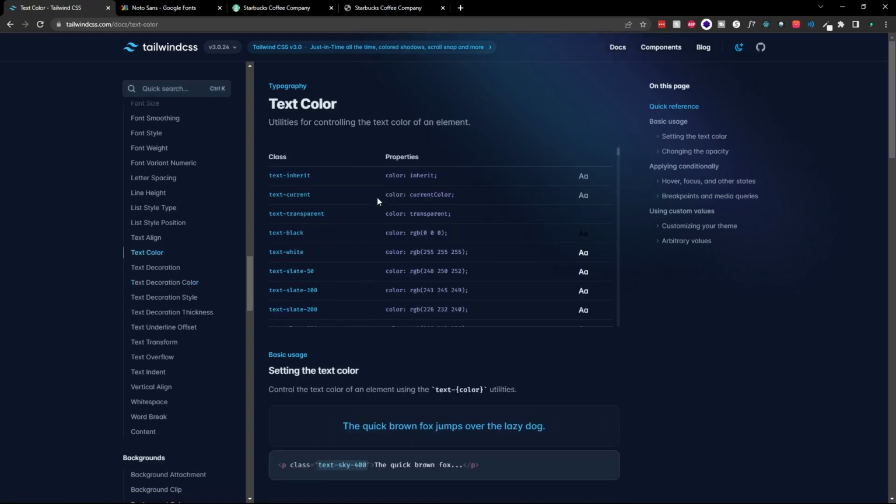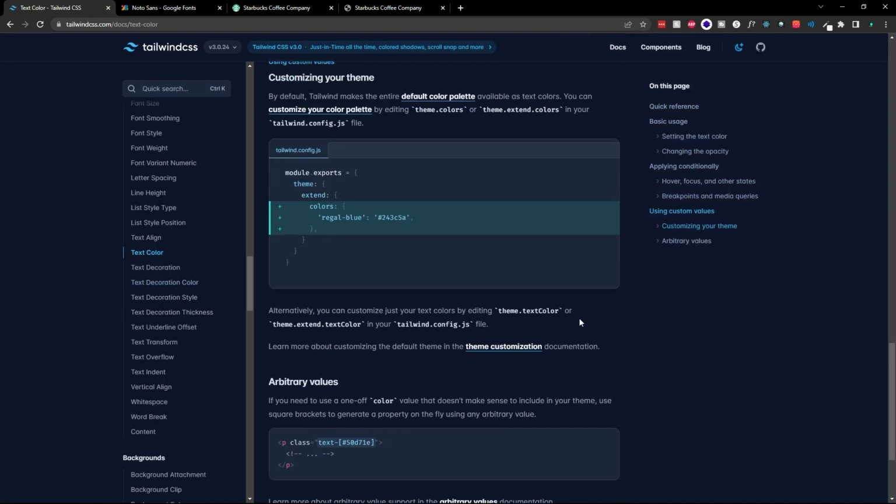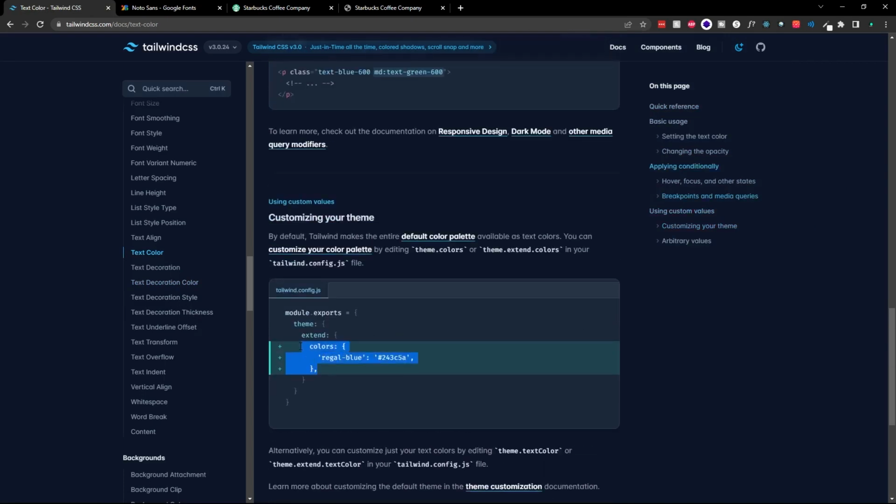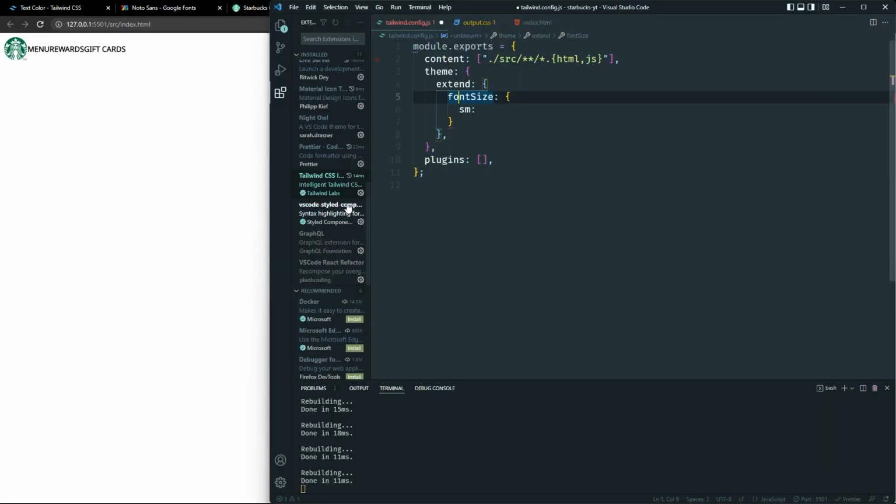And if you want something that is your own, that you want to customize, you want to extend the theme, and that way you can create your own class and add it to the Tailwind project as well, which is super awesome and really cool to work with. And I will create my 14 pixel font size called SM. Tailwind has its own SM, but I want to create my own SM as well,